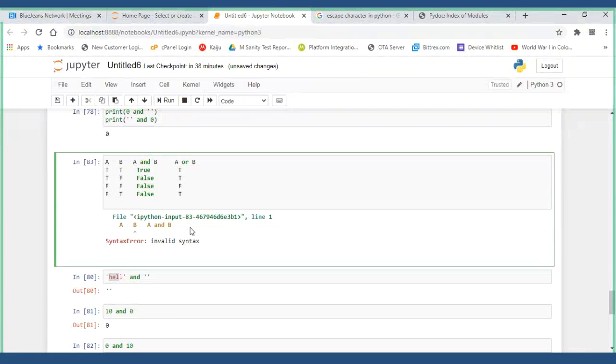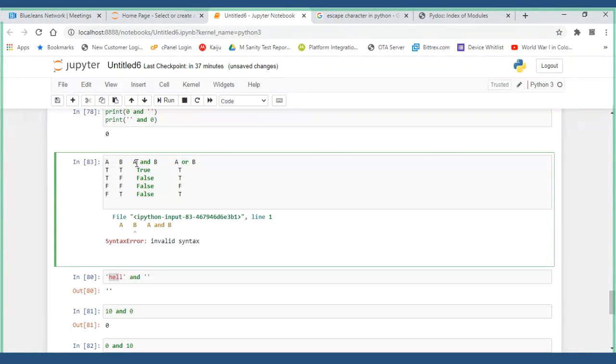Now what you have to remember is, for AND conditions, there will be types. One is with content on both sides, another is where any one among them is without content, and the third is where both have empty content. Example: both are 10 and 20. The AND operator checks the first condition.